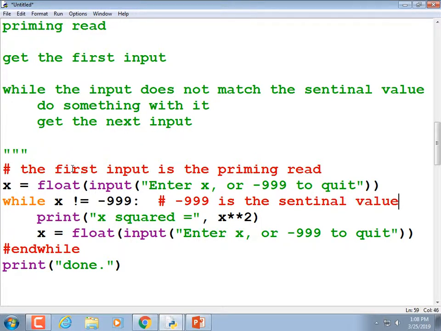What is a sentinel value? It's something that's supposed to be a non-valid piece of data that tells it when to stop. Now, in this particular case, we might really want to use -999 as a valid value, and so that's not actually a perfect implementation. But if it's a test score, if your professor will give you a -999 on an exam, then I would drop the class and find a better professor. So you wouldn't want to make that a possible value. I mean, that could be a good sentinel value.